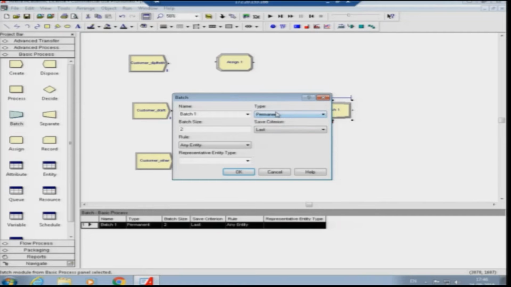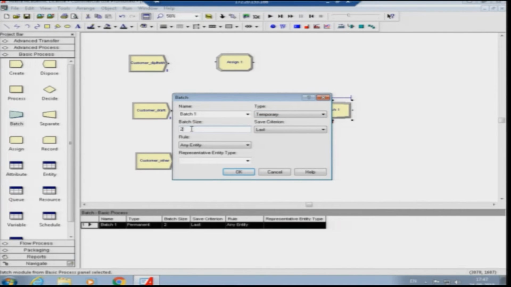Now the permanent batching is used normally where assembly operation is done, because once assembly operation has been made, you do not need to break the batch, because two parts joined together make one particular product. But when you need to transfer the parts to another place, if you make the batch permanent, then you cannot separate the parts again. So when you need only this transfer kind of operations, you need to put this under the category temporary batch. Below this there is another place which says batch size.